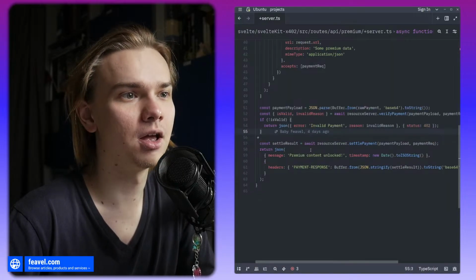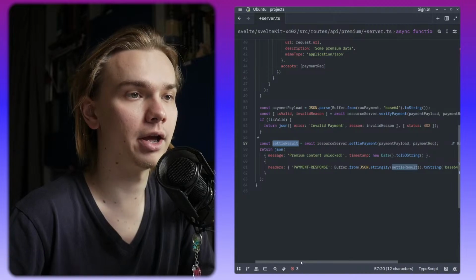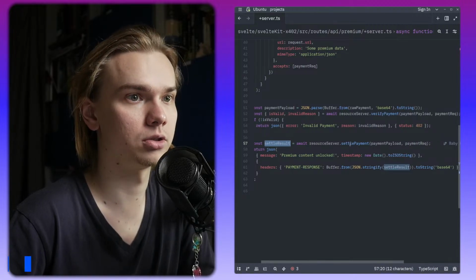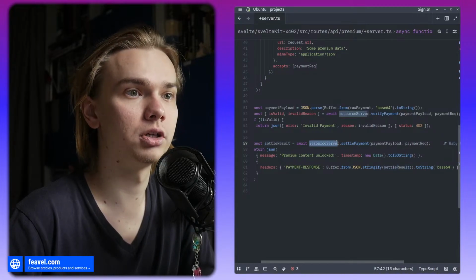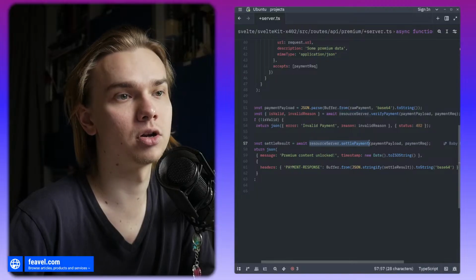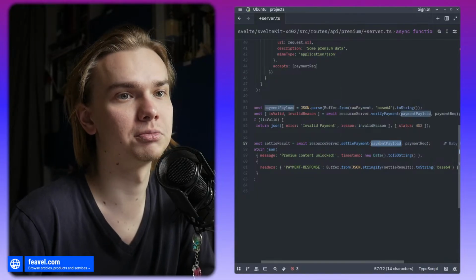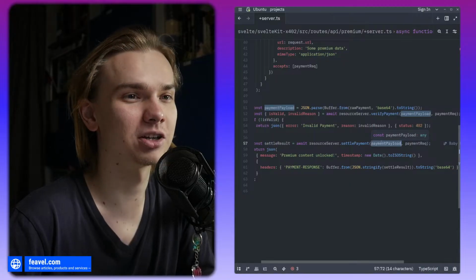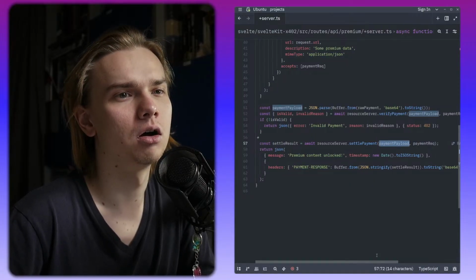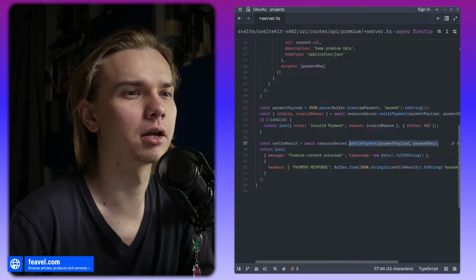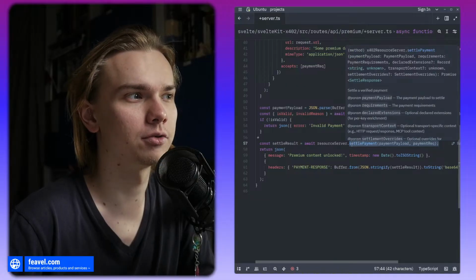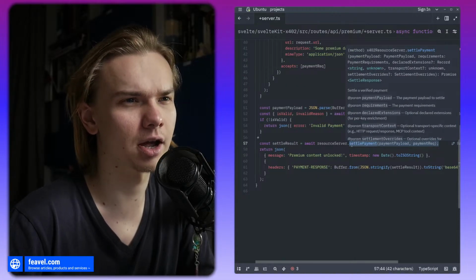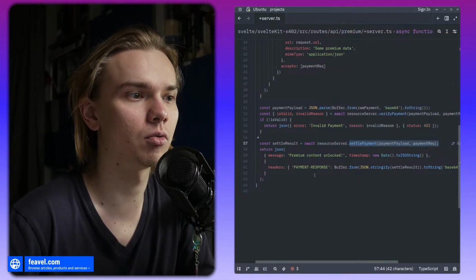No more to say. And then the server has to settle the transaction. Here I also use this resource server settle payment method, which is super simple, and I didn't have to use all the Solana Kite packages to build one. Although, to use it in production, I have to make a facilitator account and have some funds, if I'm not wrong,